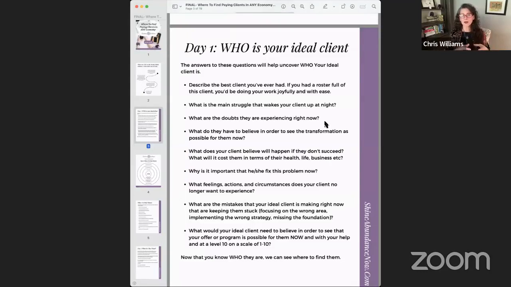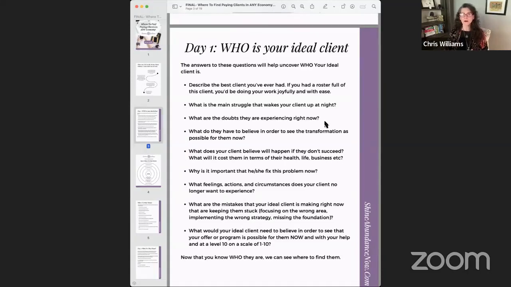It is going to cost us something. Whenever we're struggling and we're on Pain Island, if we do not get to Pleasure Island, it is going to cost us something right now. And chances are it's costing us the hardship or the pain that we're experiencing when we're on Pain Island. So get clear on that. What does she believe will happen if she doesn't succeed?